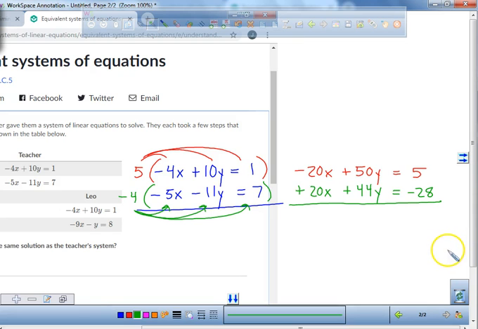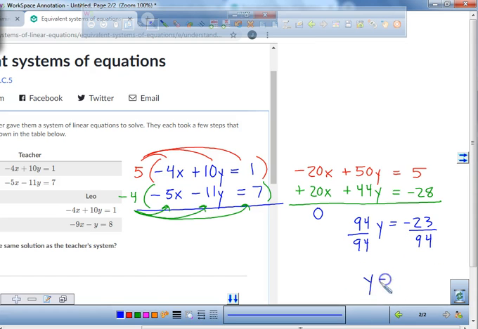Okay? Now, why did I multiply everything in the top equation by a 5 and everything in the bottom equation by a 4? So what values are going to be eliminated in this particular case? All of my x's are now eliminated. So watch what happens when we add this together. We got what? 50 plus 44, which is 94. Okay. What is 5 minus 28? Negative 23. And when you divide both sides by 94,